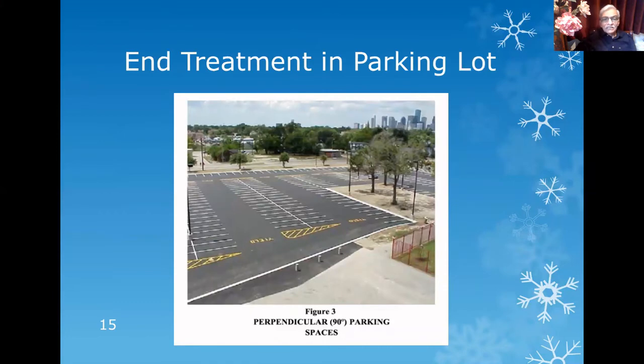So here are some examples of how the car park is to be designed. 90 degrees car park, and ends, which are the leftover spaces, how the ends have got to be aligned with the driveway which comes into the car park.